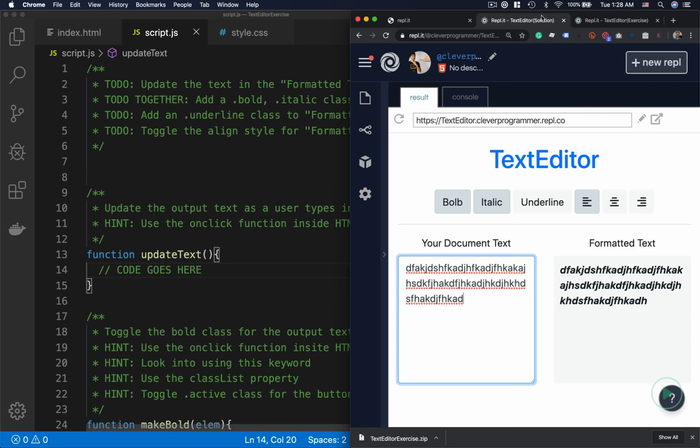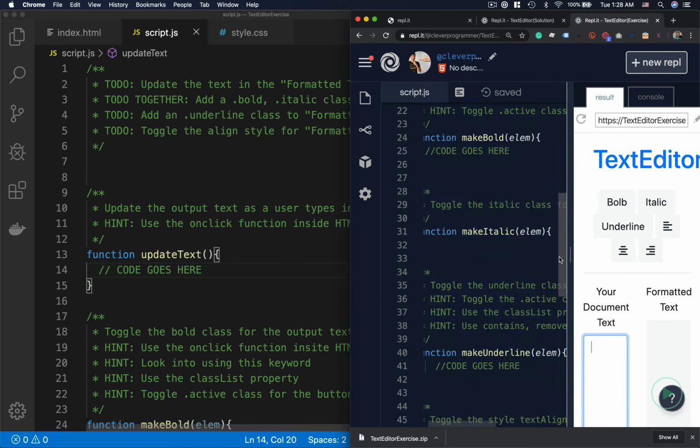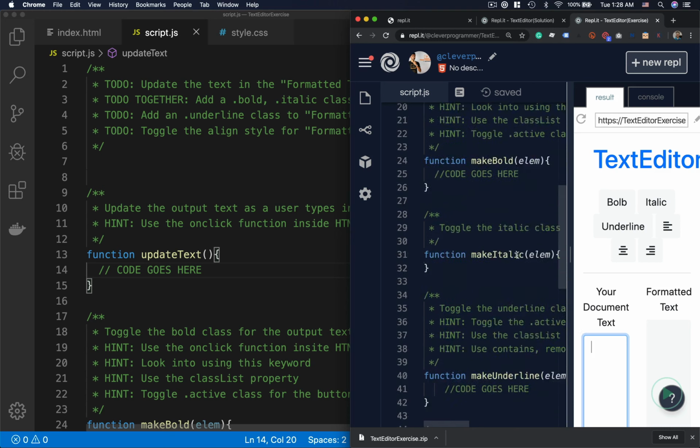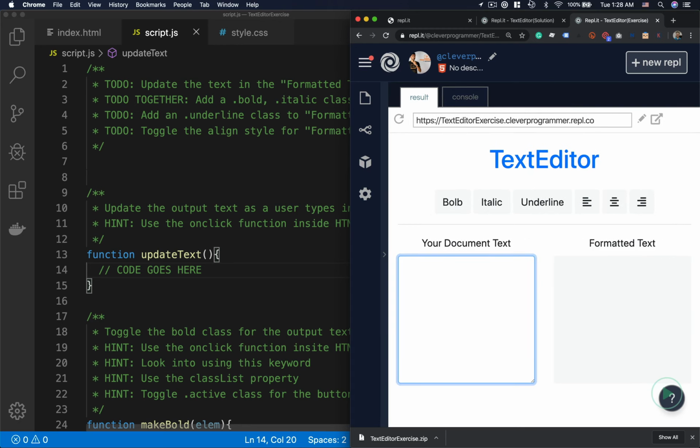Remember, we have the solution link down below, and we have the exercise link down below. You want to go ahead and go to the exercise link, which looks like this, and it has a lot of greenery for hints and to-dos. You can either use an in-repo, or you can, and I highly recommend this, go ahead and download it as a zip and then use it in VS Code as you did before. Okay, so once you've done that, let me close out the solution. We don't need this right now. Once we've done that,